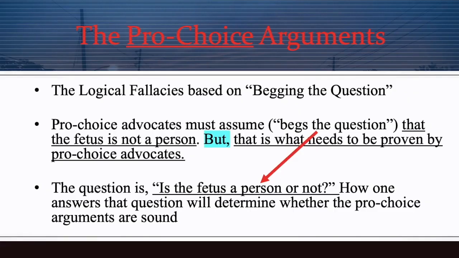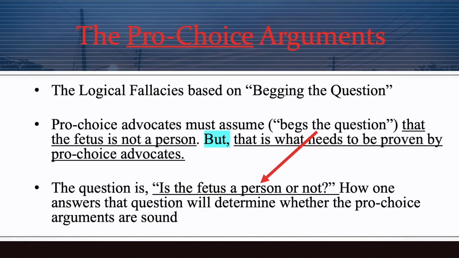But of course, many people do not hold to the biblical truth that we just read. And they have pro-choice arguments. So these are the people, pro-choice advocates. They are arguing that abortion should be legal, various degrees, all the way to abortion on demand. Now, the issue that we're going to look at here in regards to the arguments, you're going to see a common statement, and it's basically assuming that the fetus is not a person. And what it is, it's a logical fallacy based on, as you see it on the screen there, the quote-unquote